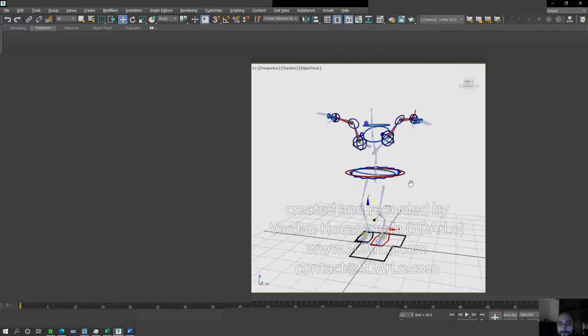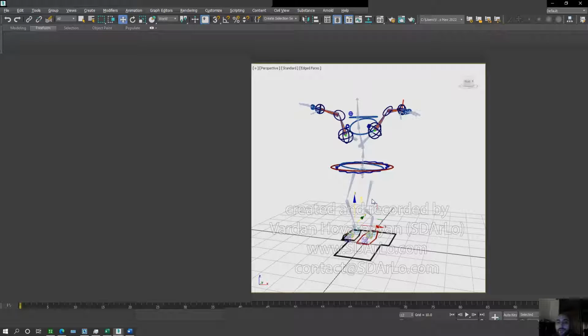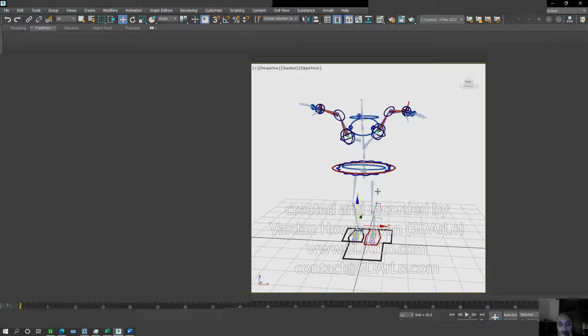So it is just a brief introduction. No matter how complex the rig is, SDArLo rig converter can handle it. And that's all, I guess. I just today finished the initial SDArLo rig converter development, and tested it finally in a final production